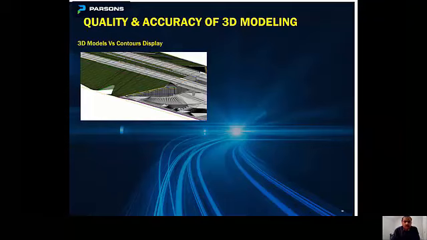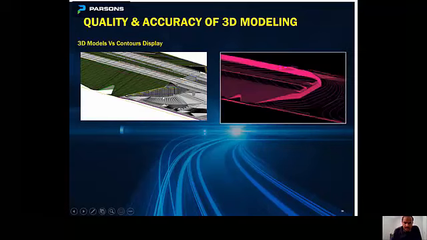So based on the thorough QC of the model, we made sure that all the 3D break lines are triangulated correctly. Sometimes the 3D model looks really nice, but when you look at the contours, you might see issues, and some of the finish grade features of the walls are not triangulated correctly. Those kinds of issues can be easily seen in the contour grading.